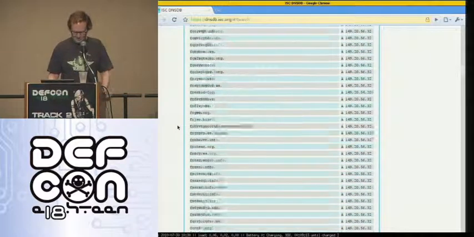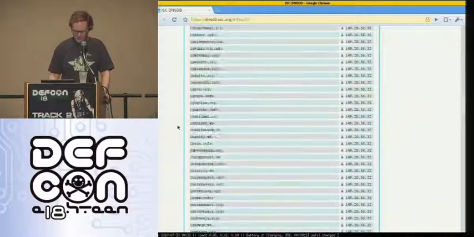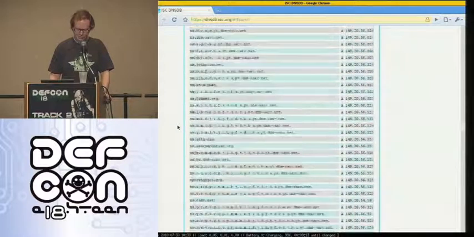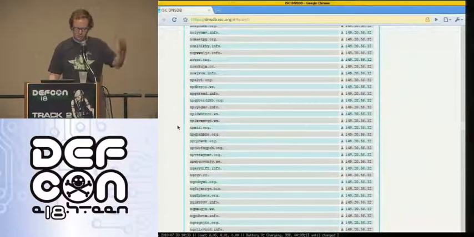But here's basically all of the domains that are pointed into our address space. And this is interesting because the DNS is a forward delegation tree, so you don't really know who's pointing into your address space. So this is a very excellent monitoring